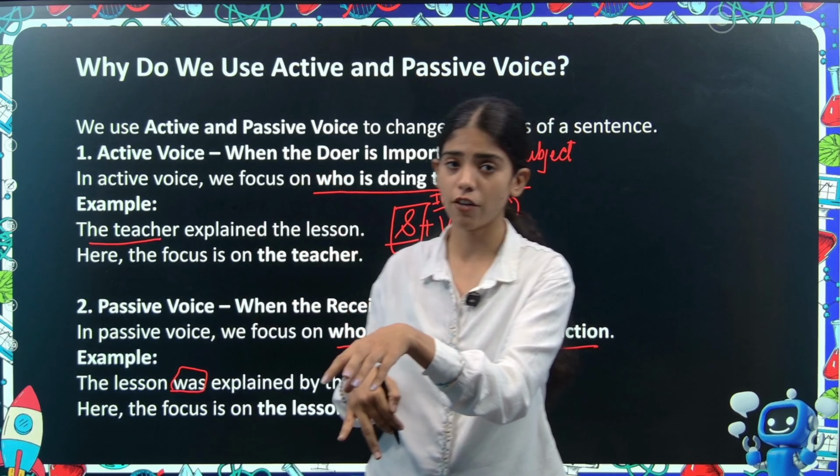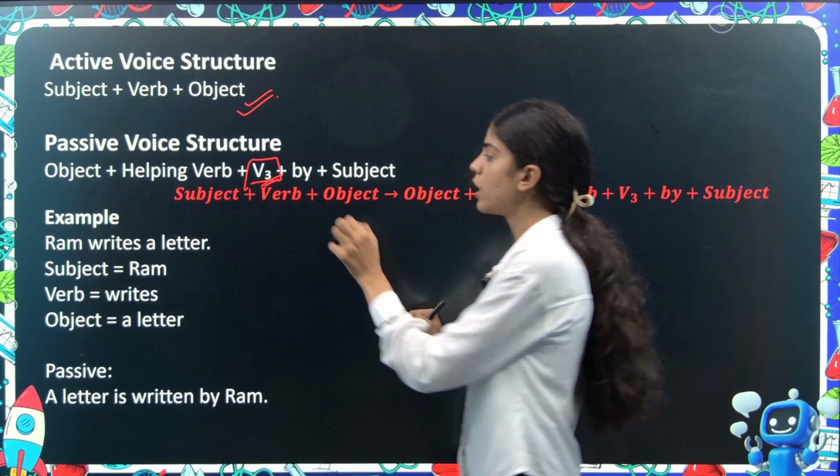Then is the V3. Now passive voice always follows a rule that passive voice loves V3. Other than V3, it will not use any verb form. Whether it be any sentence, any tense, present tense, past tense, future tense, or any subcategory of these tenses, passive voice only follows the V3, or it only focuses on the V3 and it only uses the V3. This is the most important part. You must know the third form of every verb that is being used in the active voice. Okay, so basically passive voice only uses the V3.